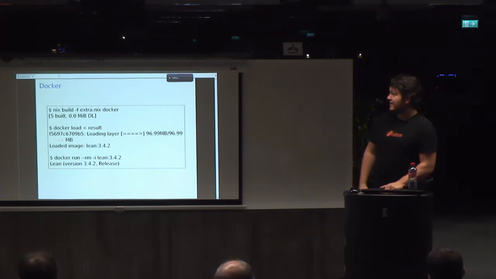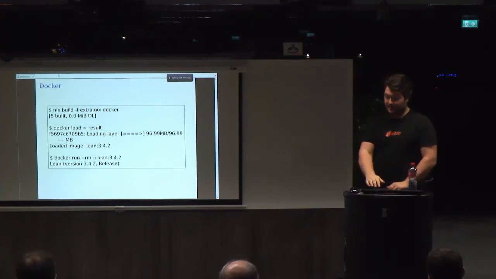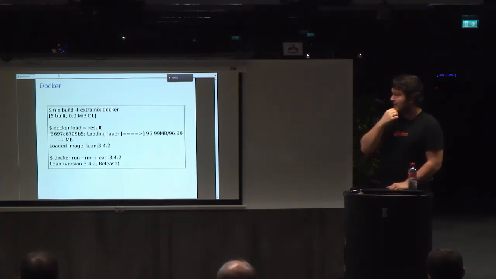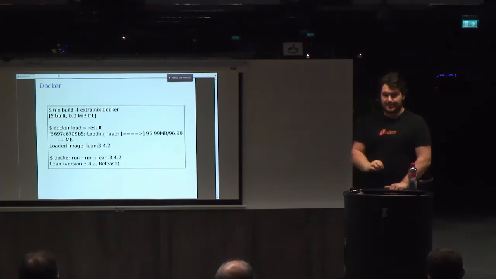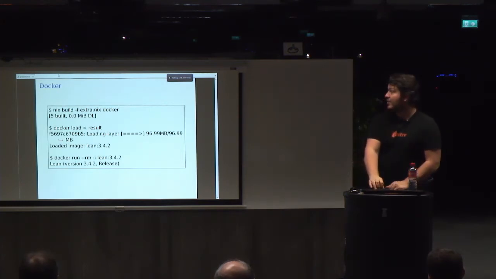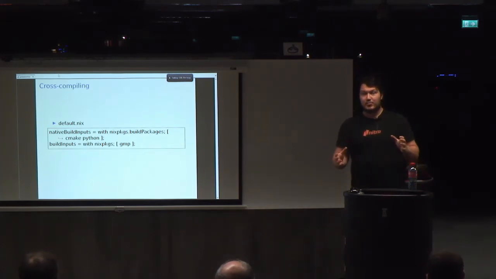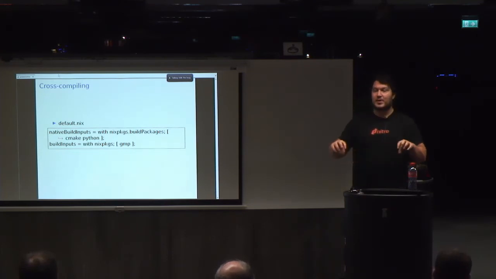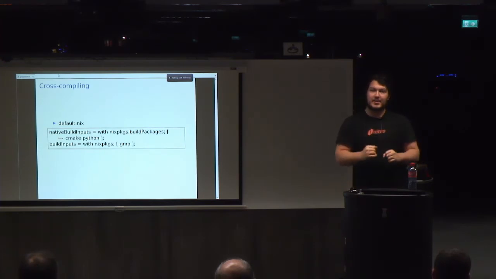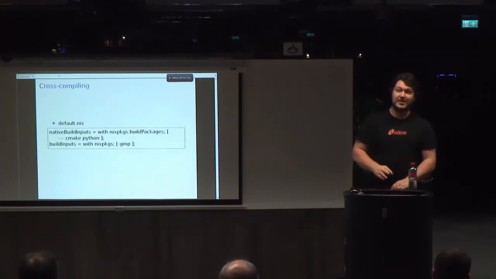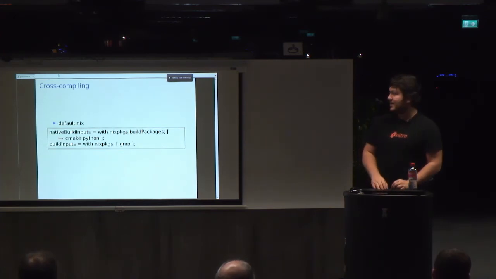And nix build Docker will download Docker, if I don't have it, install it, set it up. You might need NixOS to get Docker to work. I'm not sure about that. And then if I load the result into Docker, I can run the image, and it's packaged with my project. There's lots of smart work that has been done also to, if you have really big projects, generate the optimal layers for your Docker image, so that separate projects can depend on the same parent layers. I haven't experimented much with that, but it's very interesting how they do it.